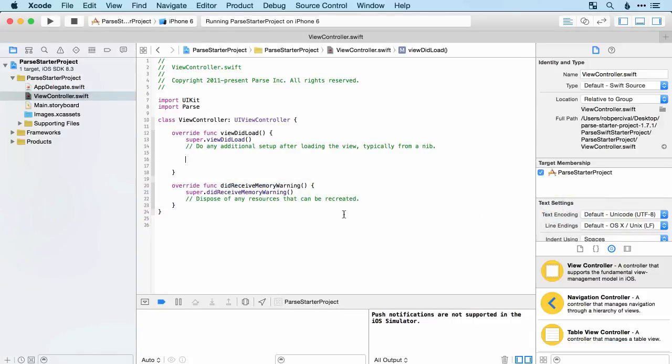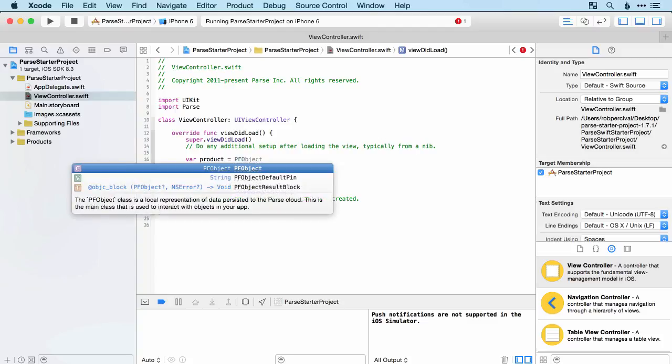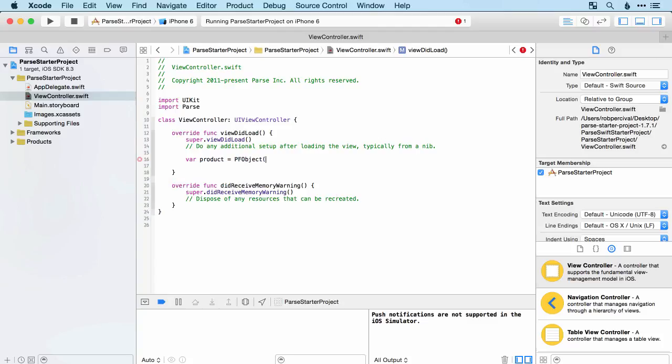Let's do something a little different. So let's say we want to create a table of products, and we want to have some information about these products. So maybe a name, a description, price, that kind of thing. And then we're going to be able to download all of those to the user's apps. So let's create a PF object. There we go. With a class name of